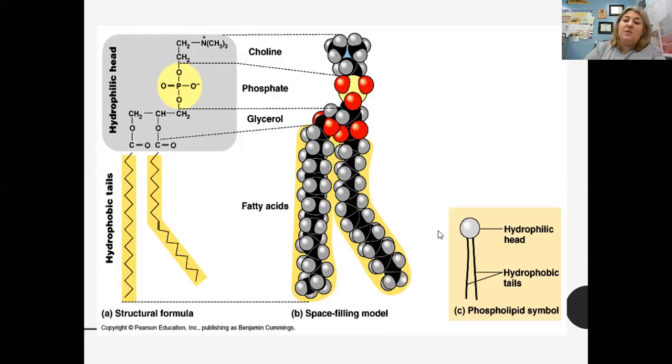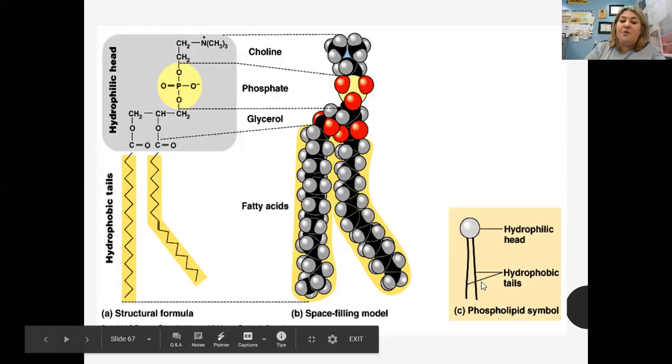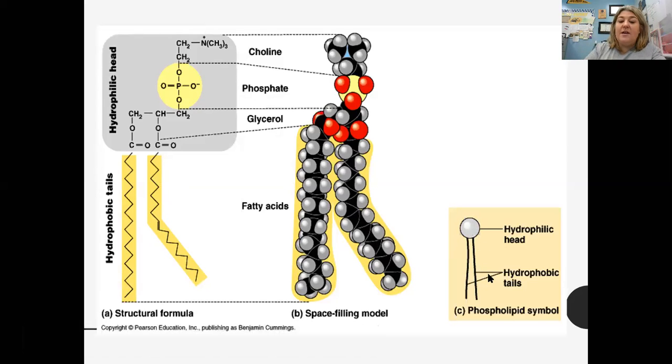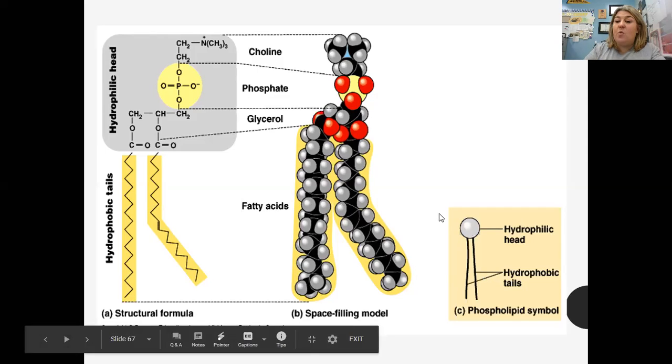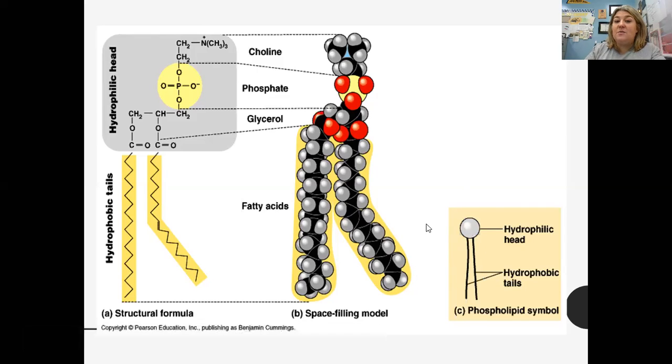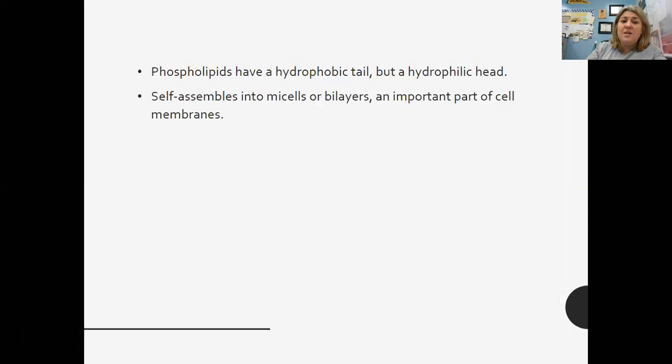But this is a phospholipid. It has a hydrophilic head, meaning it loves water, and hydrophobic tails, which means it hates water. So of course they spin themselves around to protect the legs from the water inside and outside of the cell. And then the hydrophilic head is what faces the water outside of the cell or inside of the cell. So that's really important because it self-assembles into these bilayers, and that bilayer is incredibly important to the function of